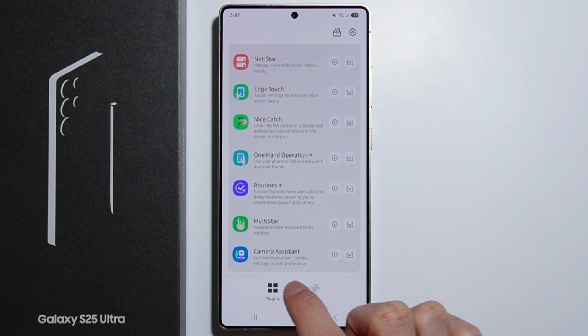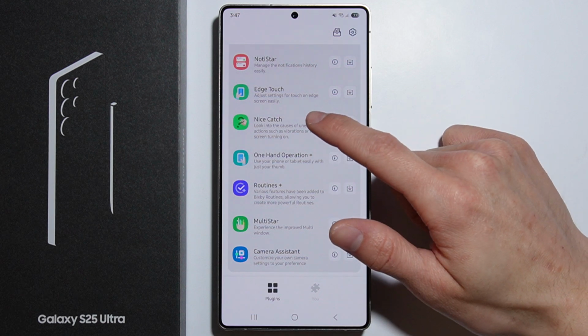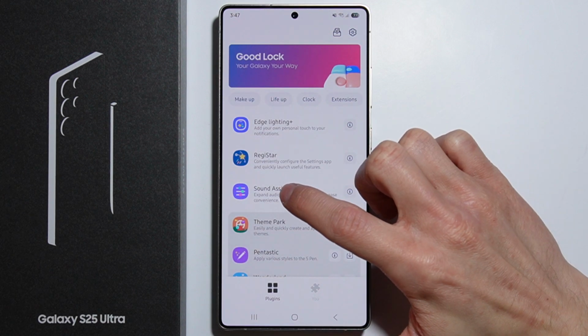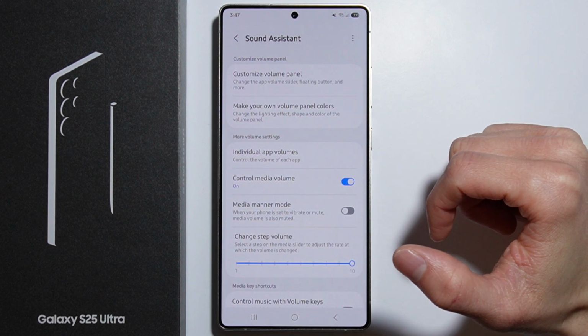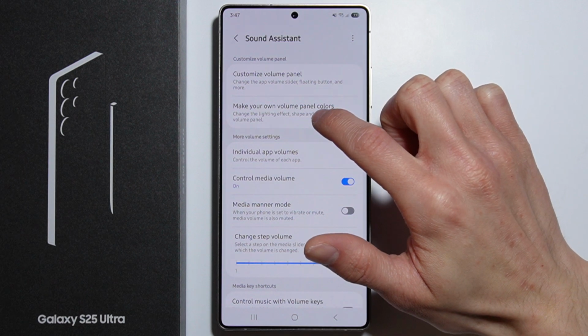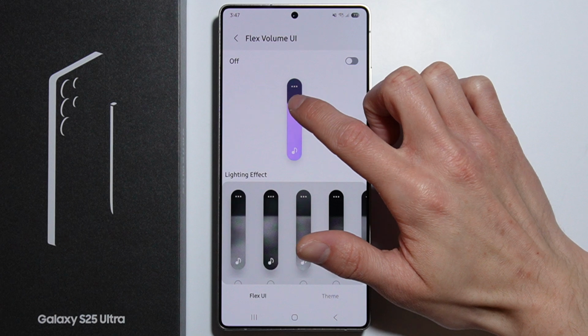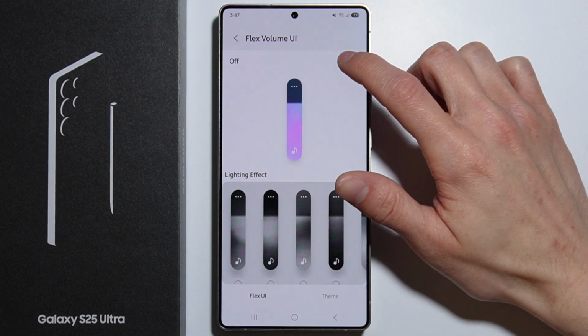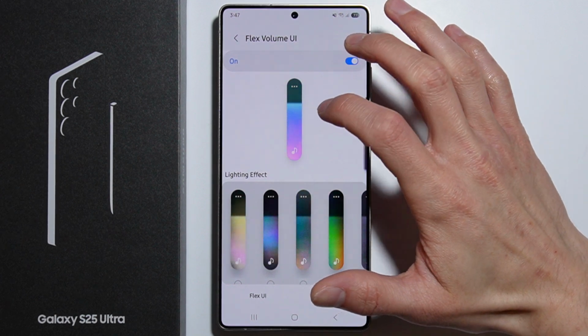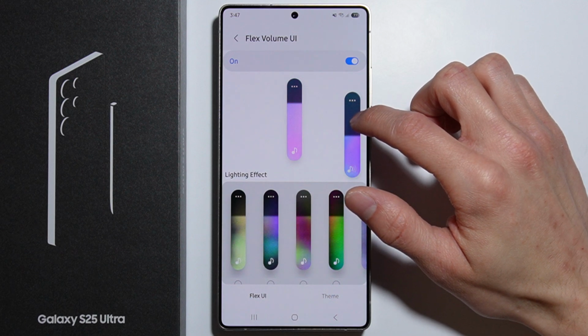Right here you will find the Sound Assistant and you'll simply have to download it and then go into this plugin. And from here we can go into the make your own volume panel colors. We have to go in there, and here you can see we can change the style of it. So first of all we need to enable it. As we tap on this one, we have the preview of our current